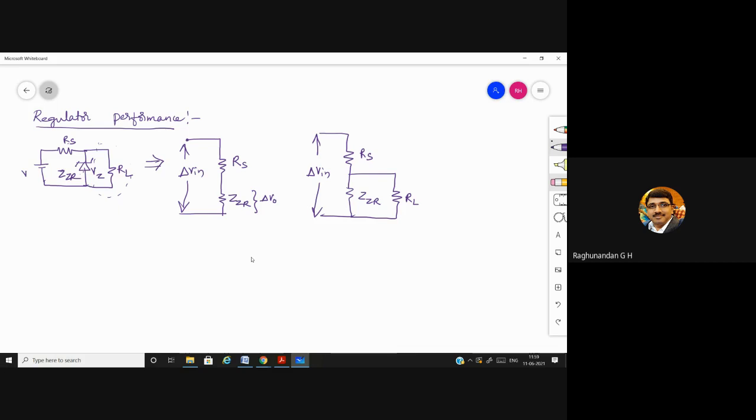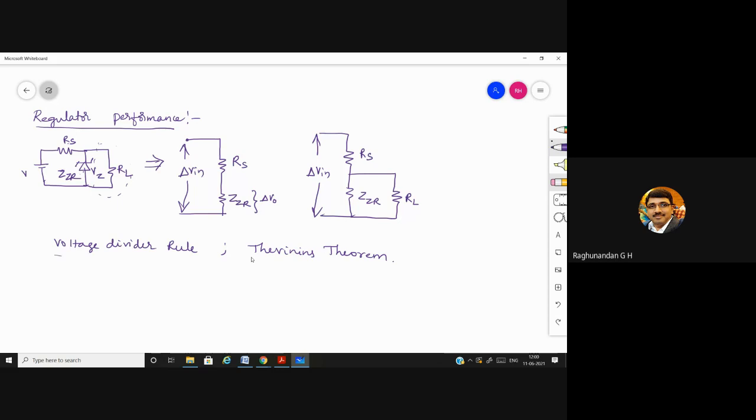So now, in electronics, we have a separate domain called network theory, or subject called network theory. So in network theory, we have many theorems related to the circuits. So one among that is voltage divider rule, and also we have one more theorem, Thevenin's theorem. So these are the two things which we are going to use here.